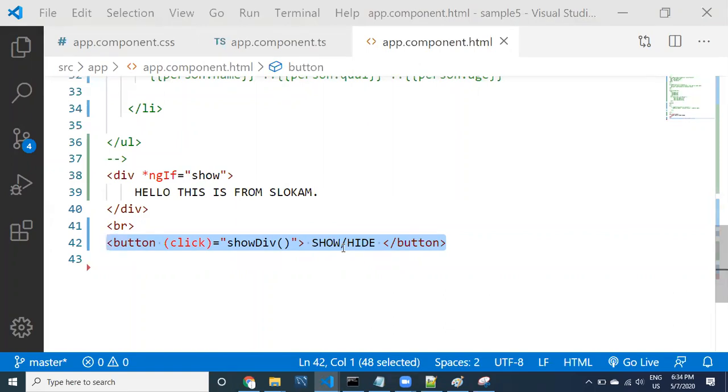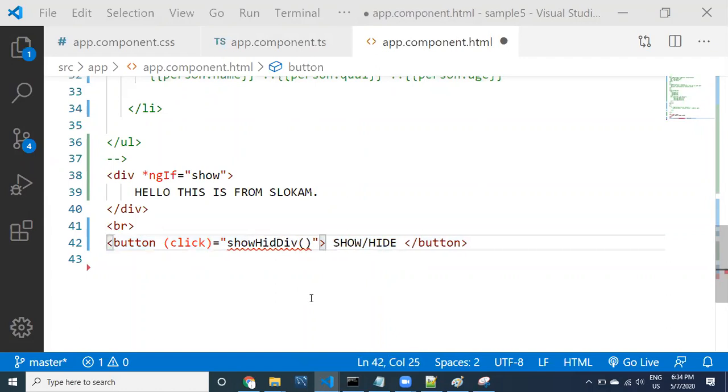It's like a light switch or fan switch, right? If you switch once, it is going to switch on. If you switch it again, it switches off, and it keeps flipping. This can be called flip type. To provide that, I'm going to write another method, the showHideDiv method. This is simple logic, that's it. This is not a single line, of course.